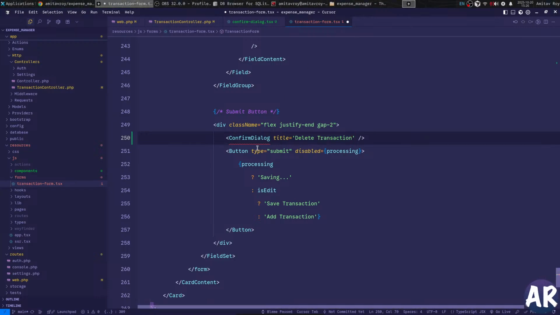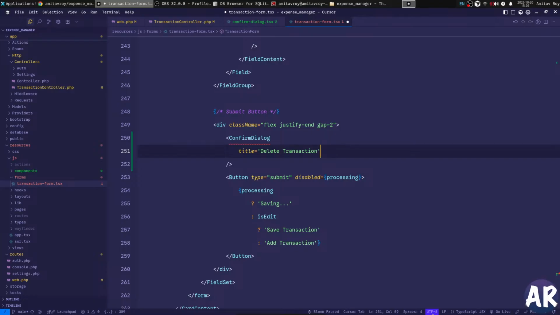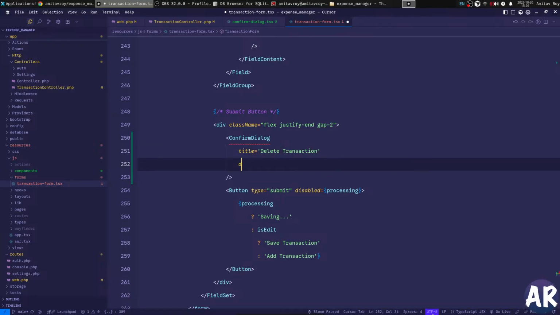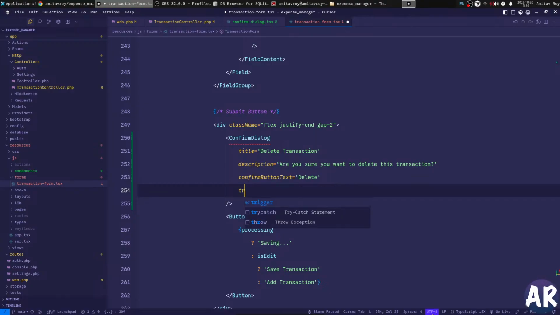It will be complaining for some time because we need to add everything in here. After the title we will have description. Are you sure? Can you autocomplete? No, it's not. You want to delete this transaction. Okay, then I will have confirm button text, which will be delete, and then we will have a trigger, and